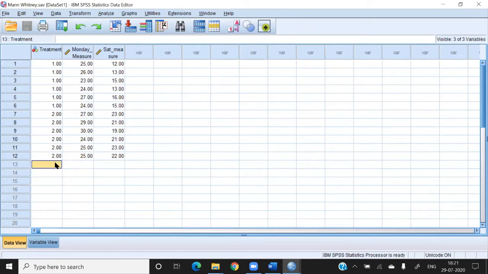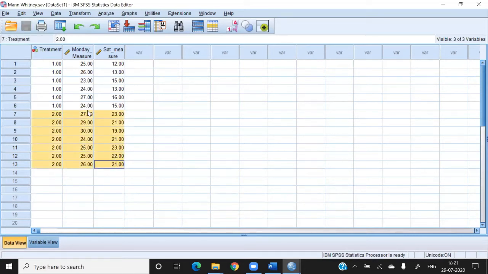So let me take another person, and here I'm saying it is 26, and on Sunday it is 21. I added one number just to show that we have an unequal number of members in the groups. Now in the first group we have 6 members, and in the second group we have 7 members, right?